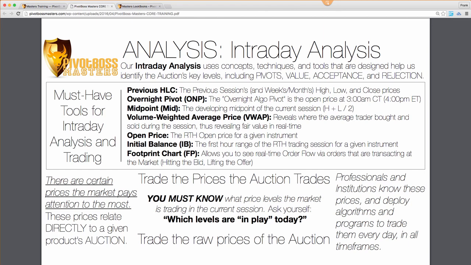And so that's what's important about the open. The open is a time when the market's auctioning higher or lower to find that high and find that low and find the range for the day, right? And so, if there's a wave of momentum that happens at a certain time in a certain product at a given time every single day, then that's the wave that you can use. And that's why I said about the currency futures.